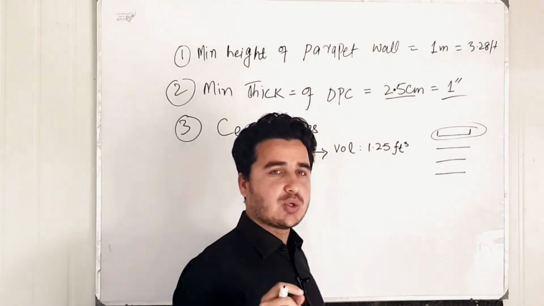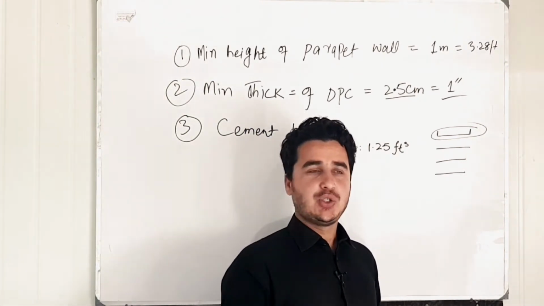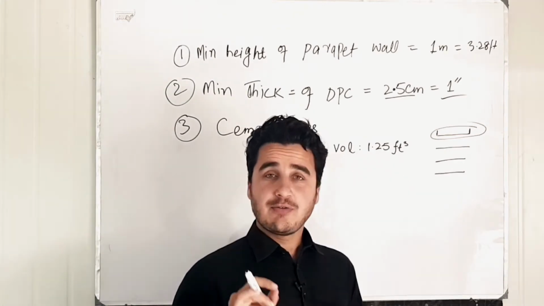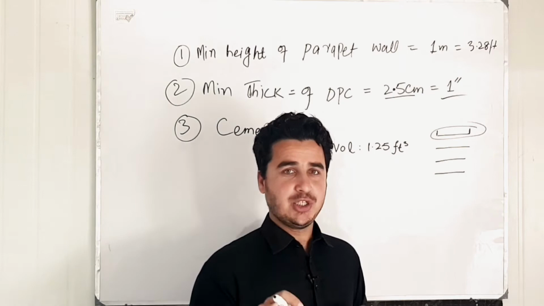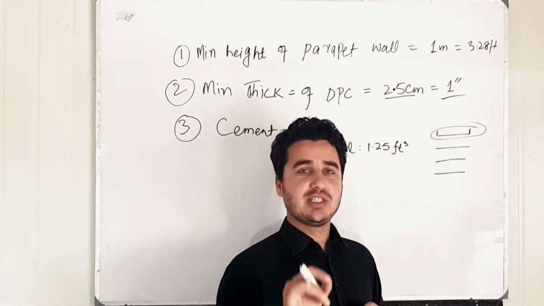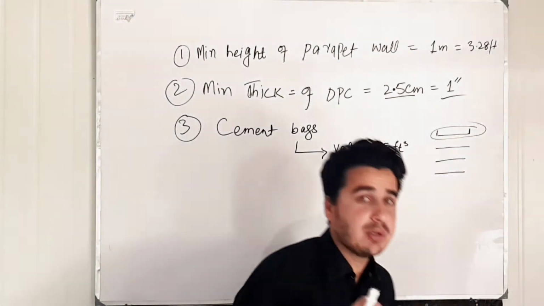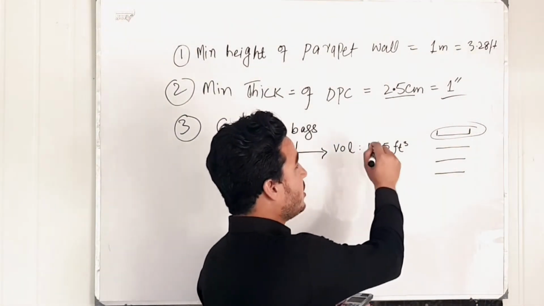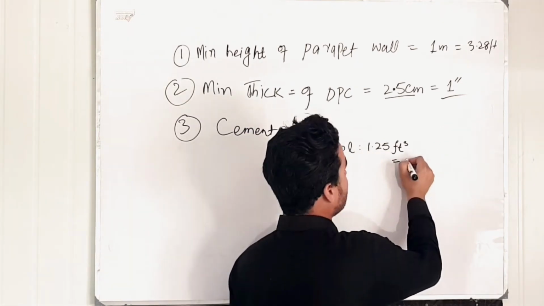So if you are converting any cubic feet of cement into cement bags, like if I have 500 cubic feet of cement to be used in any material, then how will I convert it into cement bags? So the volume is 1.25 cubic feet, which is equal to